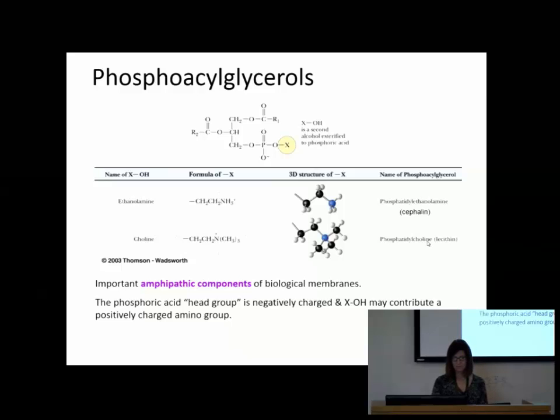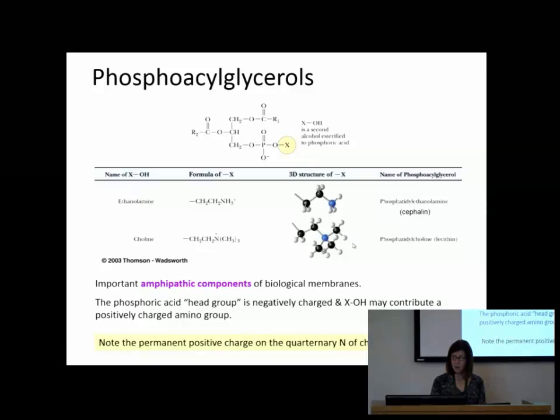Now, one thing I want to mention about this choline, let's take a look at this nitrogen. This nitrogen is what kind of nitrogen? How many carbons does it have attached to it? 4. This carbon and then these 3. So it's a quaternary amine. When you have a quaternary amine, it's permanently positively charged. So by putting this choline over here, you have a negative charge next to a positive charge. So they're amphipathic components, and they are important parts of membranes. And we'll talk about them more when we get to membranes.